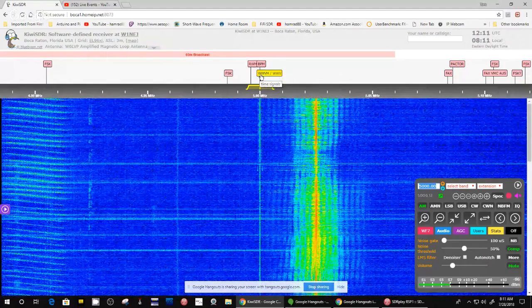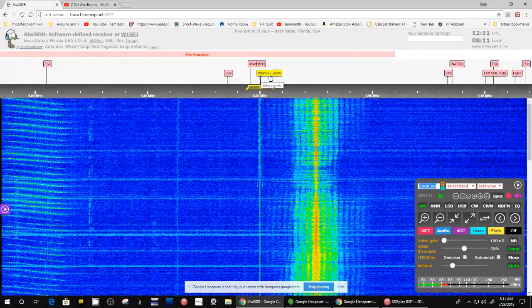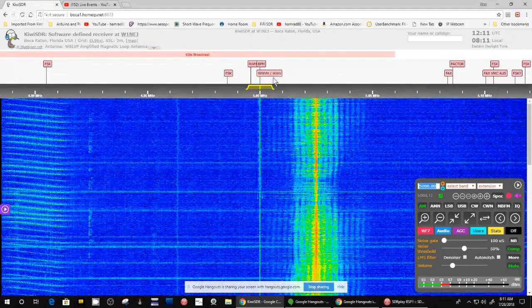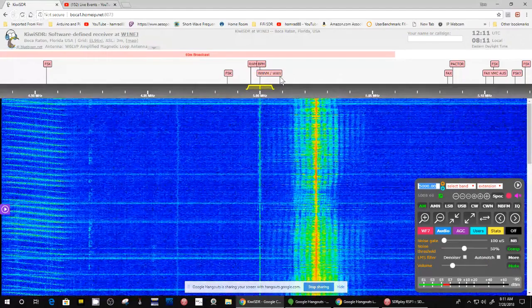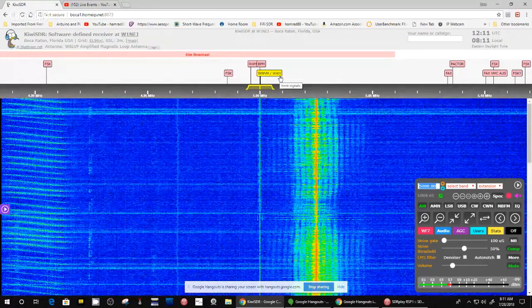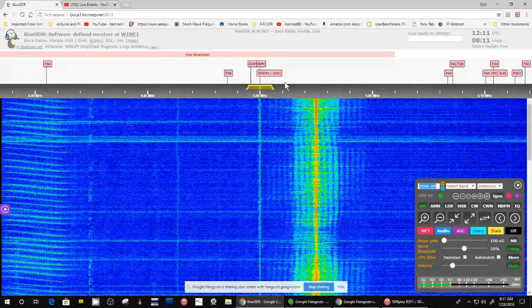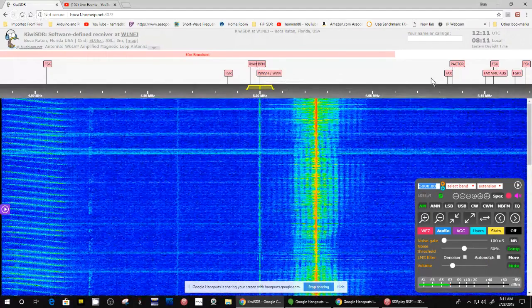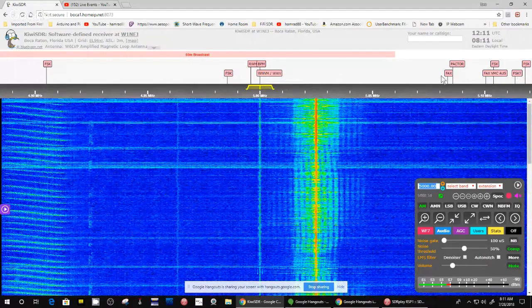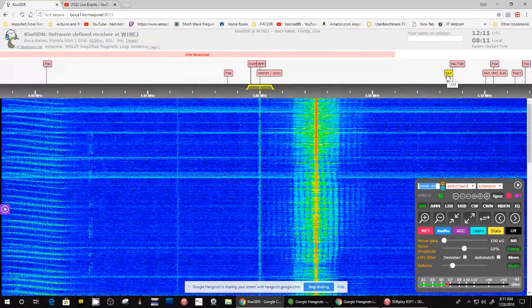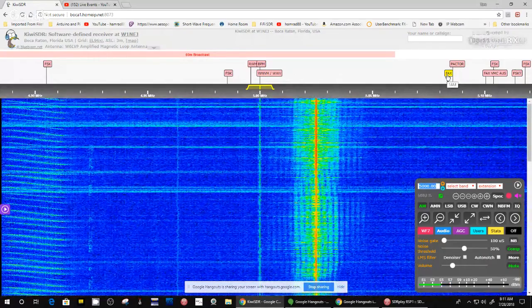Like right here is marked WWVH. Oh, that's Hawaii, and WWV is the one in the United States, in Colorado. And you can see there's other ones over here. Sometimes you can hear a fax on this frequency.